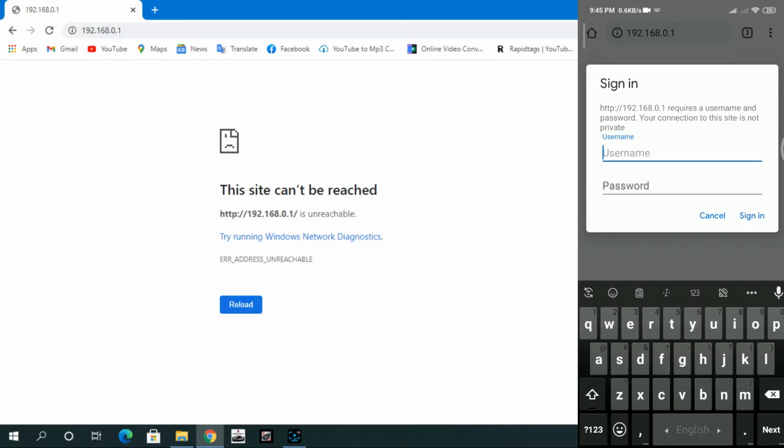Here we will again use the default username admin as before. I will follow the next steps on my mobile in the same way as we did before.